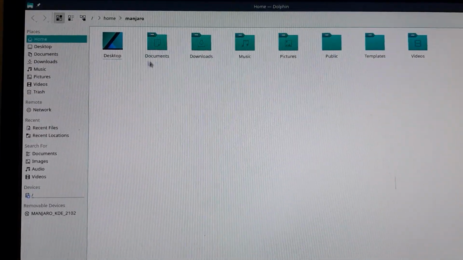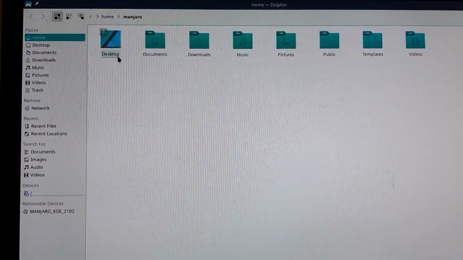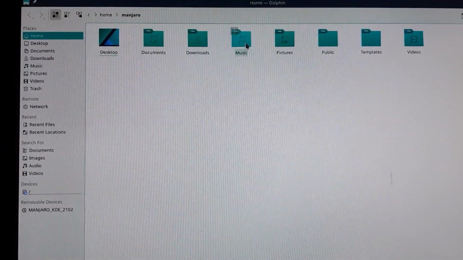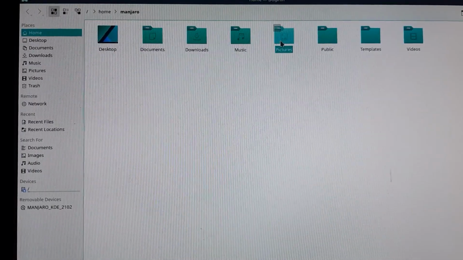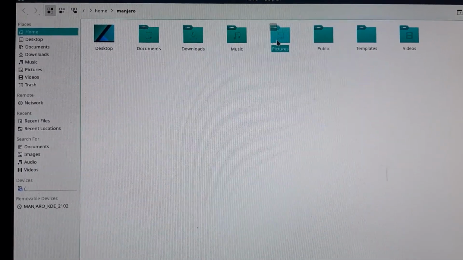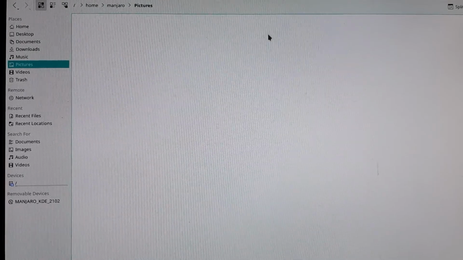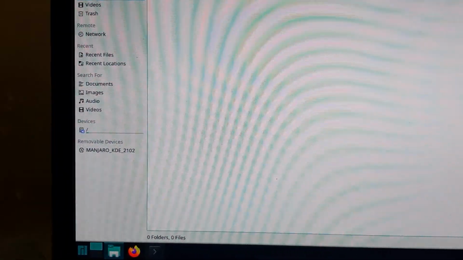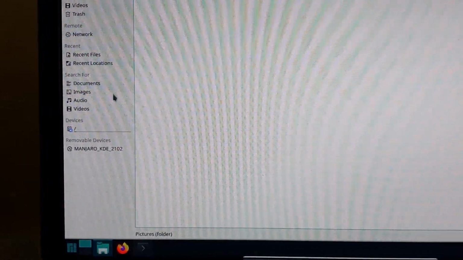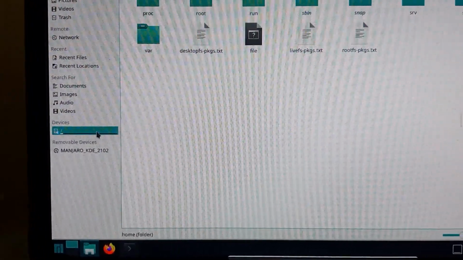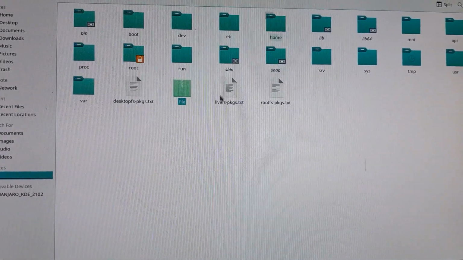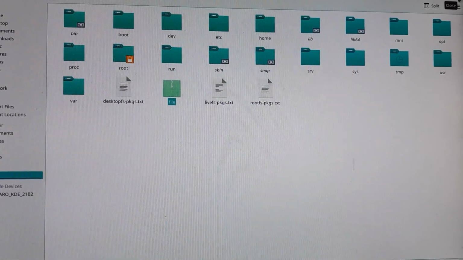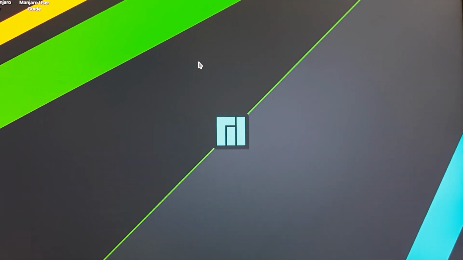Okay, so there are animations built into this which are nice to see. Okay, there's no picture. So Dolphin is nice. There's some file. Okay, so now let's go and